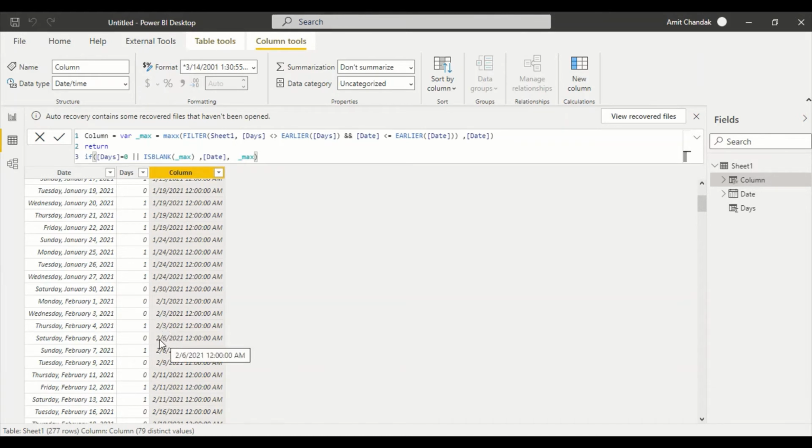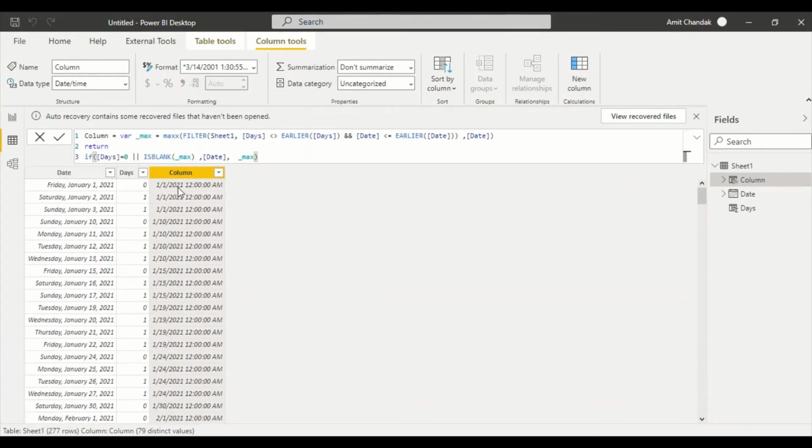So let's leave that case right now. 6, 7 is again a streak. It's able to detect here. So this is not detecting, but here, second, third, it is able to detect. So this is able to detect a streak. This is able to detect a streak here. Continuation of this streak it is able to detect. 31st and 1st are not in a streak, so it's able to detect. Again, it's able to detect 3rd and 4th. So 1 and 0 was not detecting, but the 3rd date is detecting here. Again, 6, 7 is detecting a streak here because the 6 is the date.